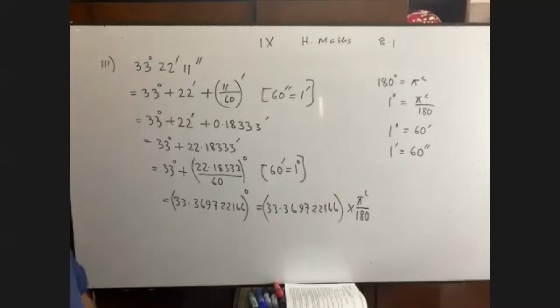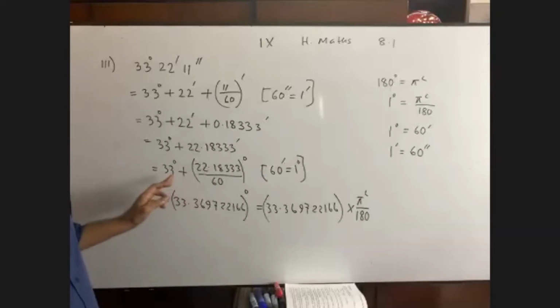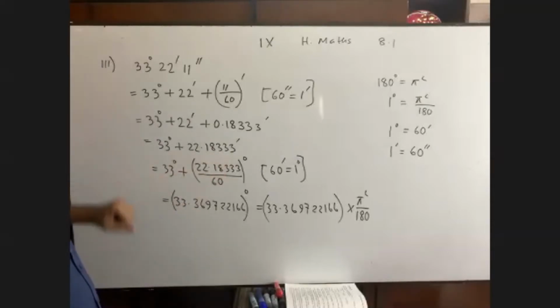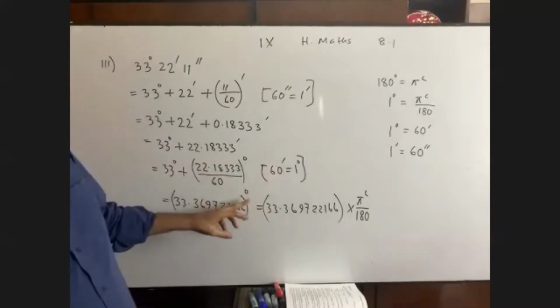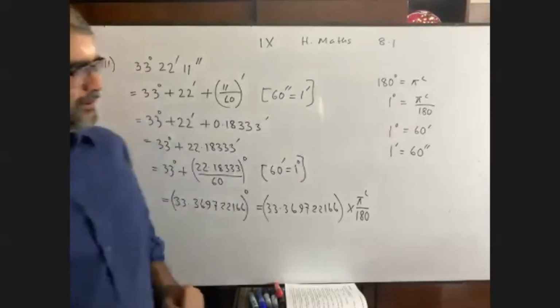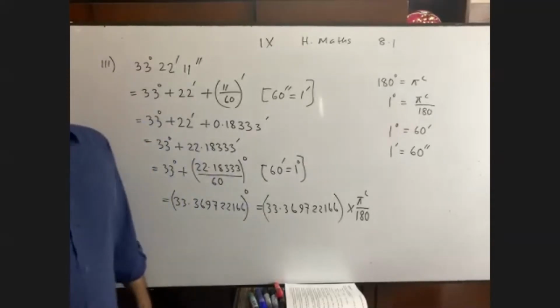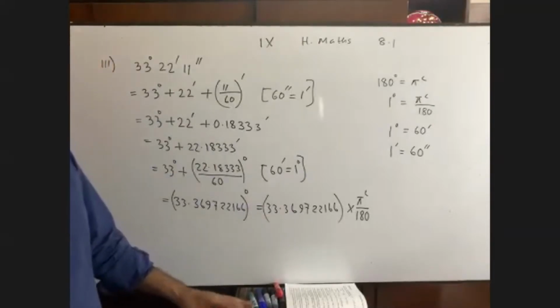Sir, can you explain the last two steps, from this to this? Yes, sir, very easy and simple. Its result is 0.3697 and it has been added with 33 degree. Now, 1 degree equals to what? Pi by 180 radian. So I have multiplied to convert it into radian from degree. Okay, just let me know. If you don't use the calculator, then it is very impossible for me.